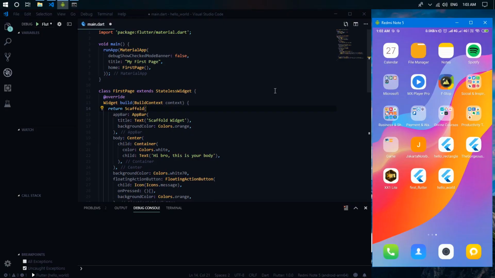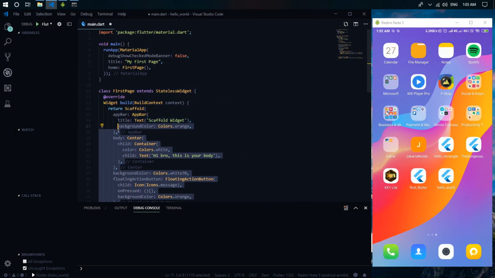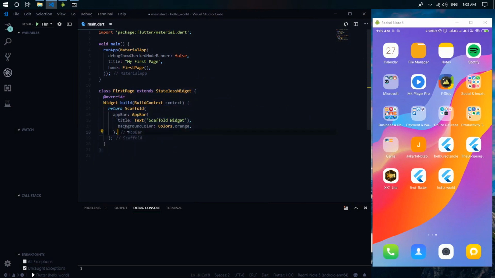Okay, so let's dive into the practical demonstration. Open the previous project file, link in the description below. Okay, so this is the previous project file. So let us now proceed to build an app bar for our app. For now, we need to delete this code and we will focus just on the app bar. One of the most important things in an app bar is the title. So for the title, I give it maybe app bar widget.